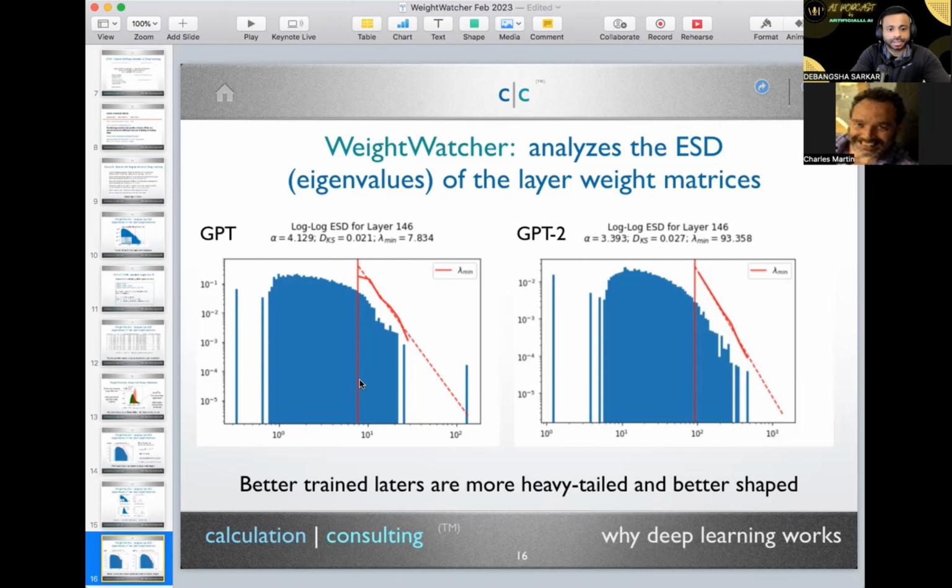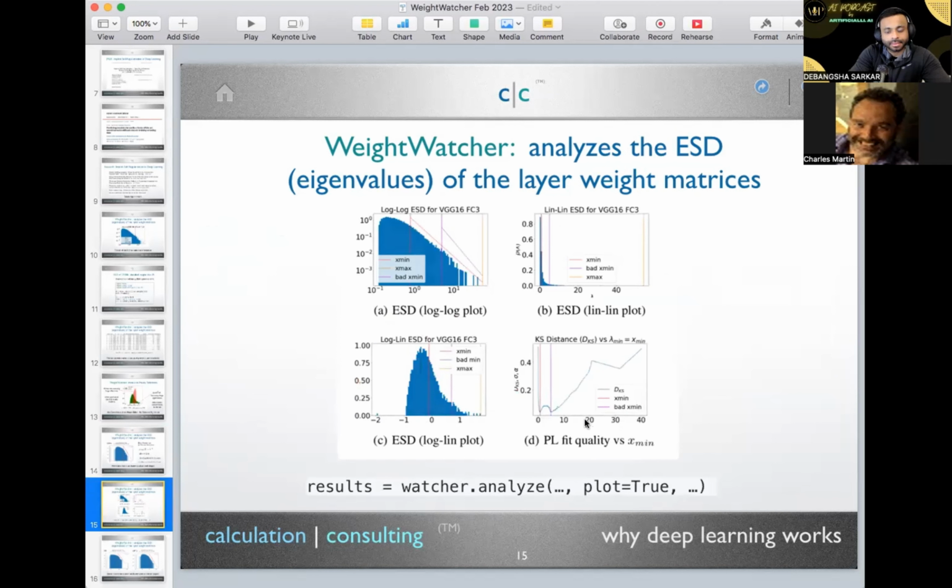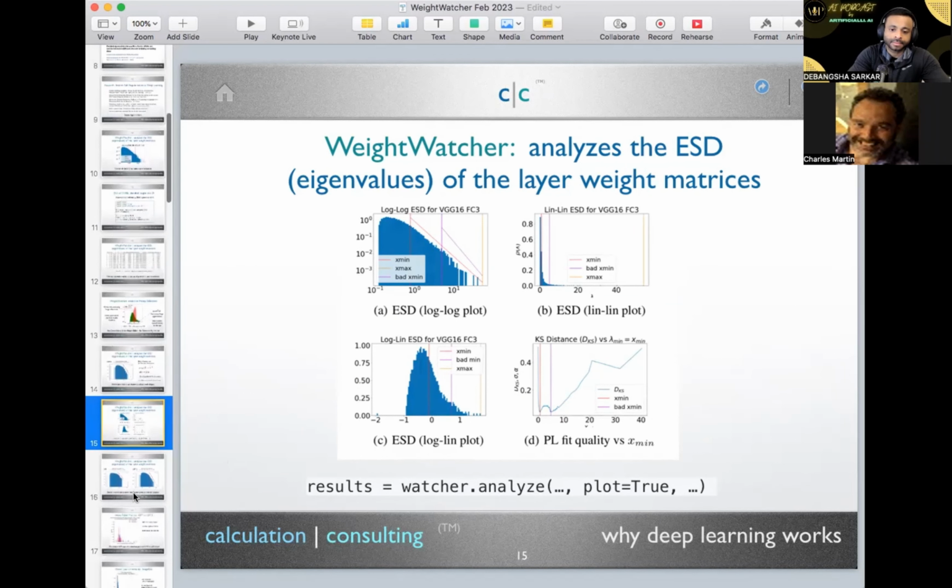And the distance matrix? You mean this D? That's a Kolmogorov-Smirnov fit. As we change the tail, we try to find the optimal tail, and this is the criterion for choosing it. It's a quality metric which compares the empirical power law distribution to its theoretically exact form. It's the standard method used for fitting power law tails to find the start of the tail.